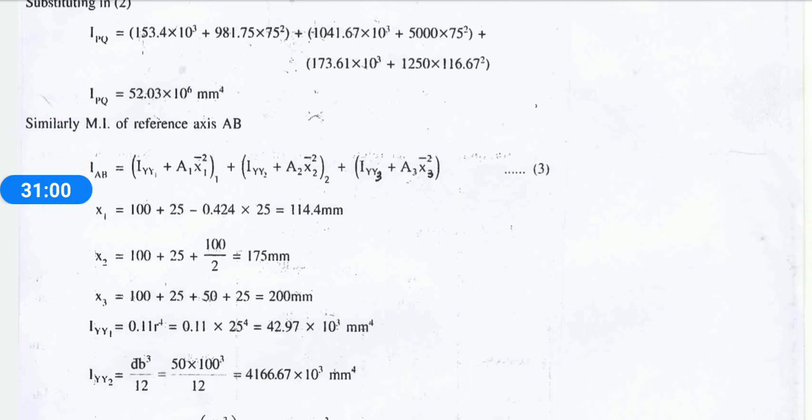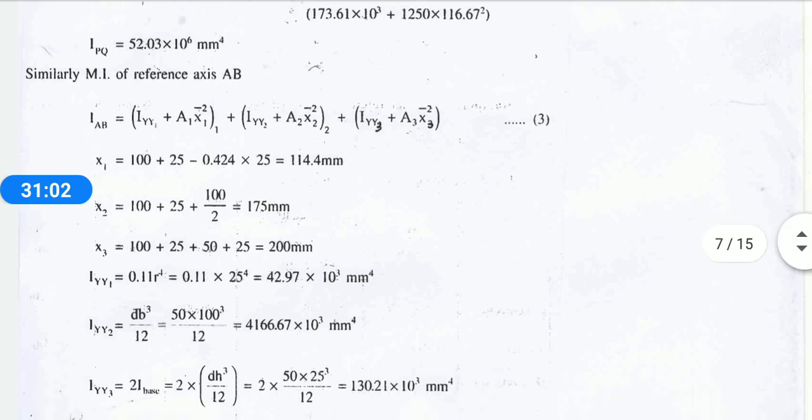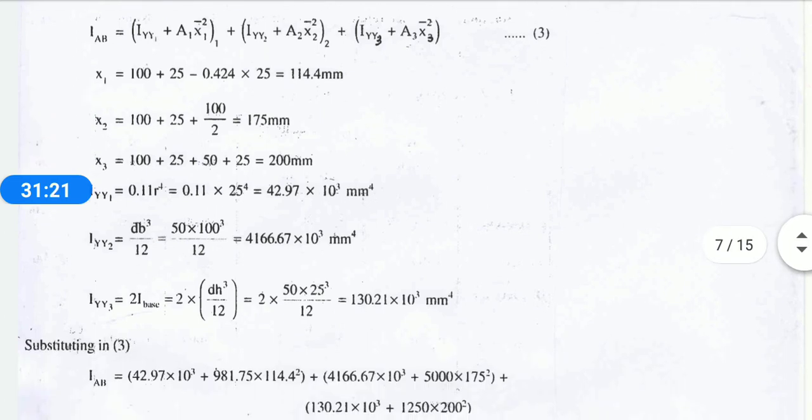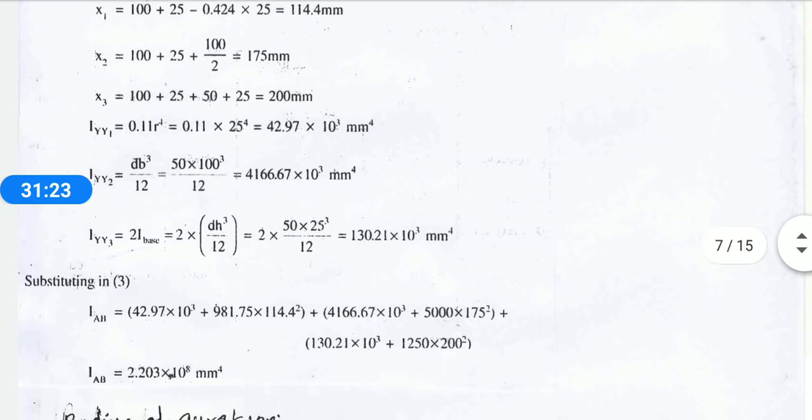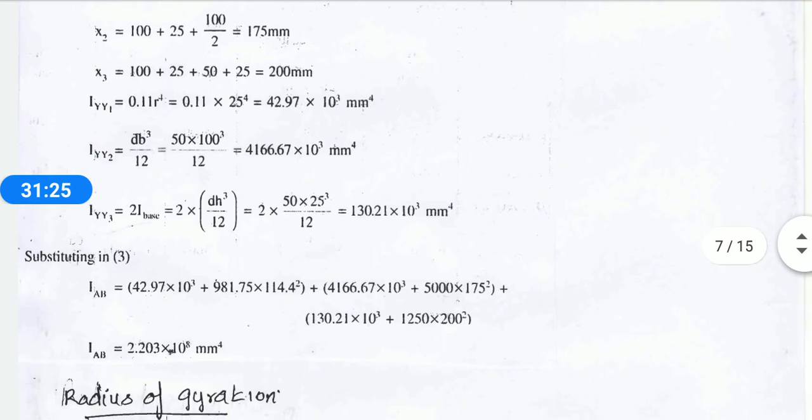Area is a common thing we had already found. I_YY means, what is the I_GY value? I_GX is equal to BD cube divided by 12 for a rectangle. Then I_GY will be equal to DB cube divided by 12. Calculate the same for the semicircle as well as for the triangular element, seeing the table. So we'll get all the values, substitute them in the formula of I_AB